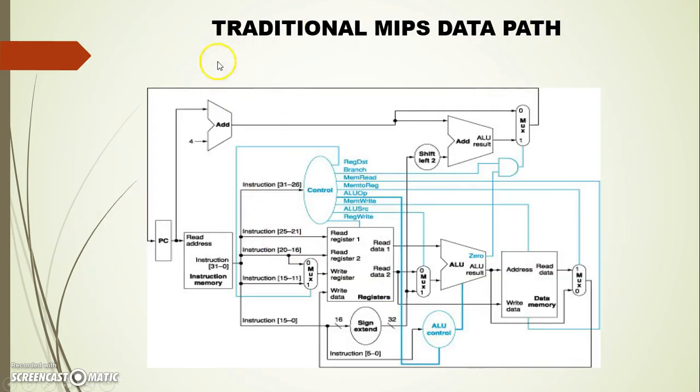Now let us talk about the traditional MIPS data path. You can see this adder block, PC, memory address, and instruction memory forming my instruction fetch stage. Every time the PC is incremented, the new value is given to the memory block, and in turn it returns a 32-bit value which is given to the design. If my memory is byte addressable, the PC increments every time by 4. Hence we are feeding this adder block with a constant value of 4.